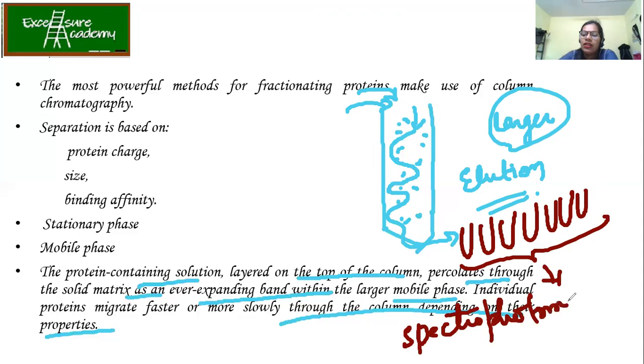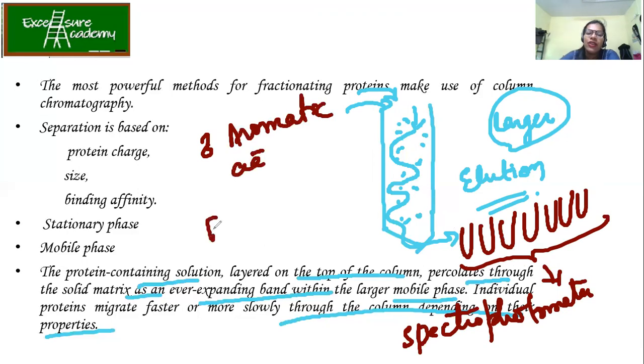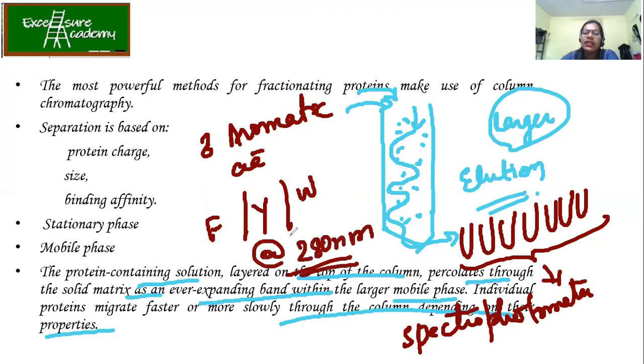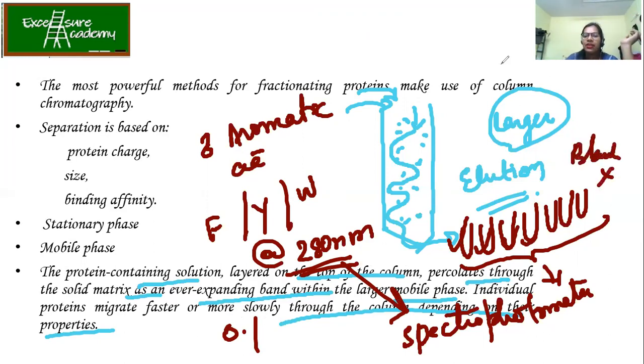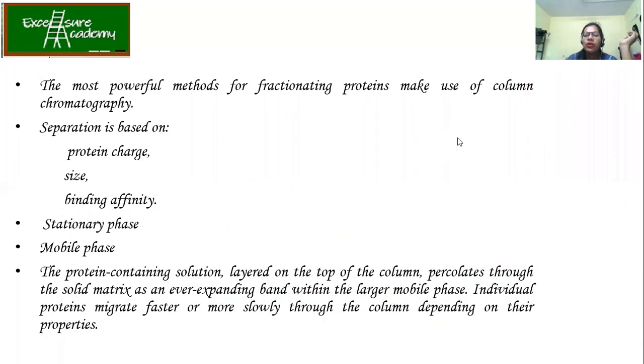Okay. Now, as I mentioned before, the fluorescence of each protein is because of the 3 aromatic amino acids. What are those? Phenylalanine, tyrosine, and tryptophan. And this gives absorbance at 280 nanometer. So this reading will be taken in the spectrophotometer, and wherever you get readings of more than 0.1, you select that particular appendorf, and the rest, if the readings are near the blank, you will discard. Okay. So this is how you carry out your protein purification.